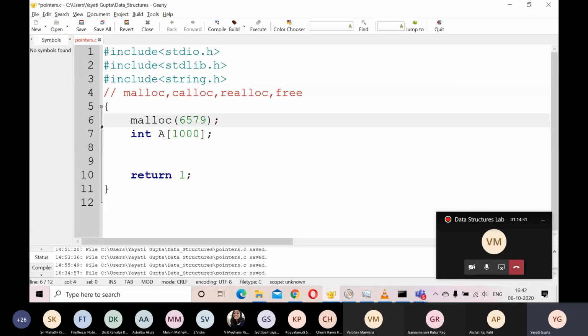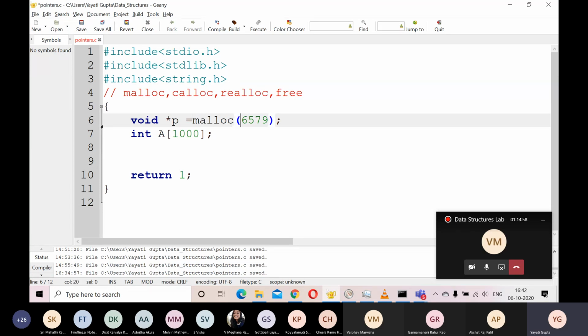So it doesn't know what kind of pointer to return, whether int, float or char. So what it generally does is return a void pointer. Like in functions, we use void when we do not know any particular data type. So it's going to return you a void pointer, right?